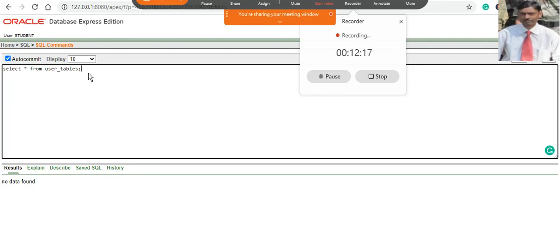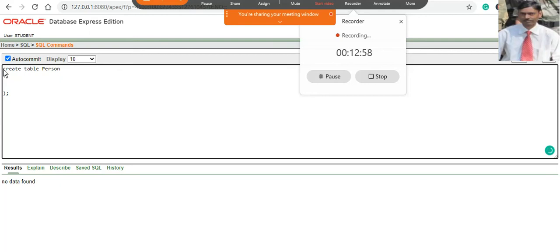Now we have to create a table here. Now the syntax for creating a table, I am going to write the query to create a table. Suppose that if I want to create a table, create table, then table name, what name you want to give to that table. Suppose that if you want to create a table named person, then you have to write a bracket there. In the bracket you will write all the things there, and after that you have to specify the semicolon there. This is the syntax to create a table.